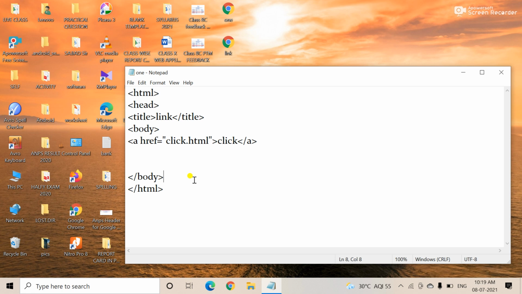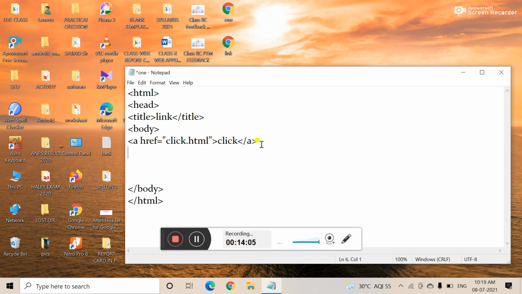See, here the a tag is open, and there is the closing tag. For example, see the br tag. Here there is only the opening tag, not a closing tag. This tag is called an empty tag, right? And the a tag is a container tag.